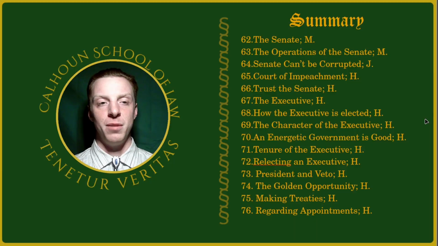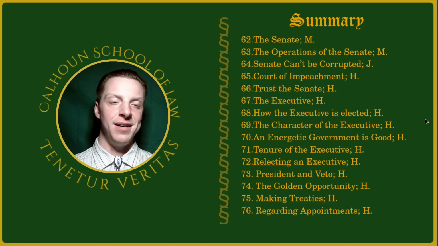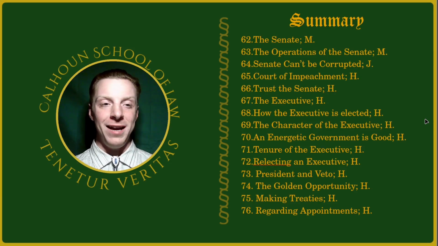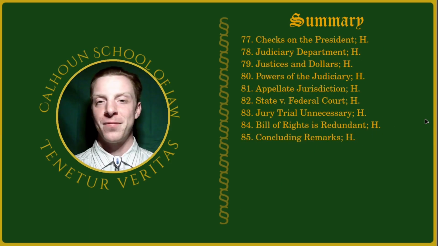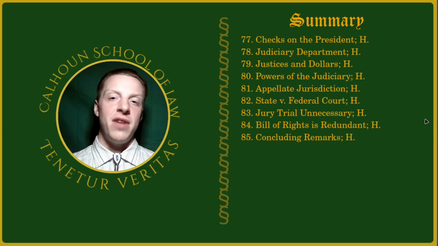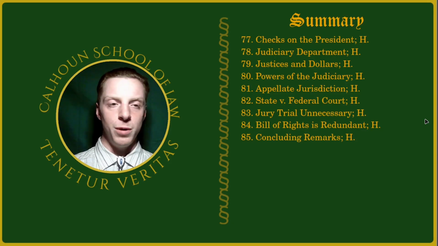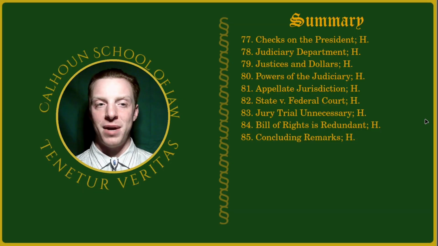The president making certain appointments to his cabinet, making certain appointments to the courts, and how the Senate provides an effective check on exactly who these talented individuals would be, so as to prevent this oligarchic or despotic government arising from maybe personal relationships that the executive would have with his appointees. Number 77, Hamilton discusses the checks on the president, whether that be from the Senate, whether that be from the U.S. Supreme Court, whether that be from the House of Congress, in terms of his commission of his pay.